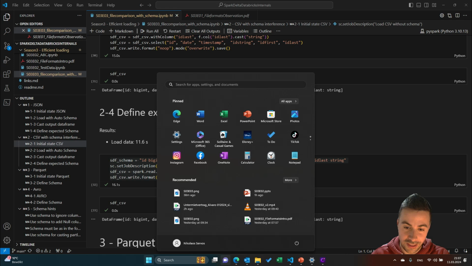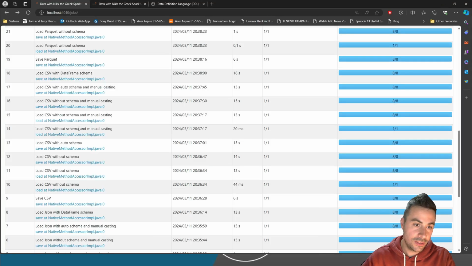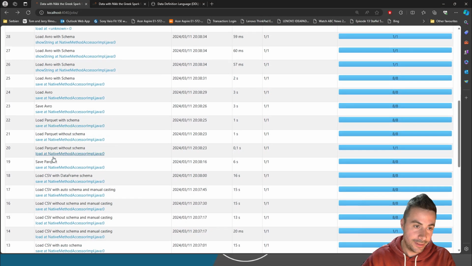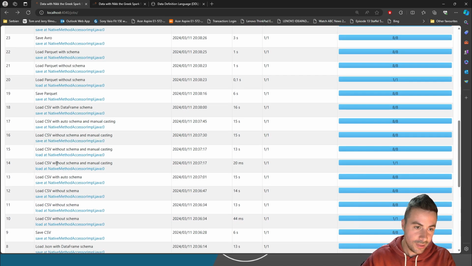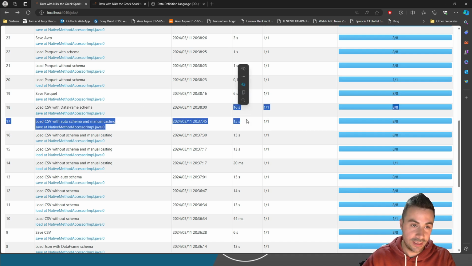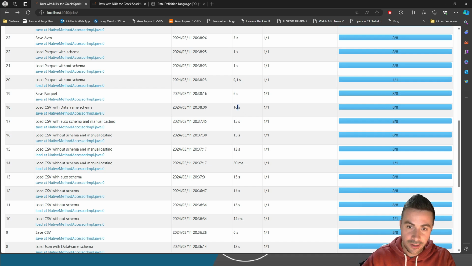And also looking into the Spark UI, you see that we load the schema without manual casting, and then with casting we have 1 job, and then with the final schema we have also 1 job here. And this pretty much speeds it up. Actually, in the Spark UI with the schema definition, it seems to be even a little bit slower, but it saves you a lot of effort defining all those lines of code